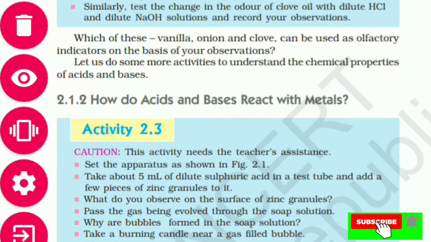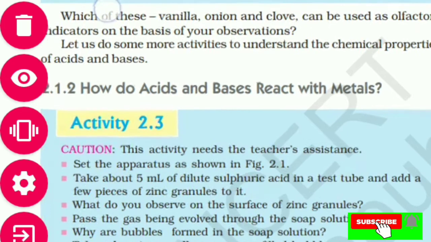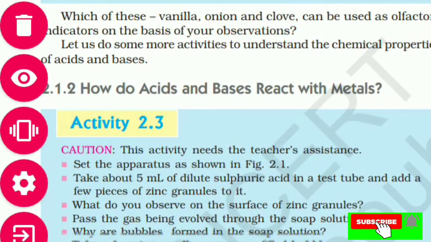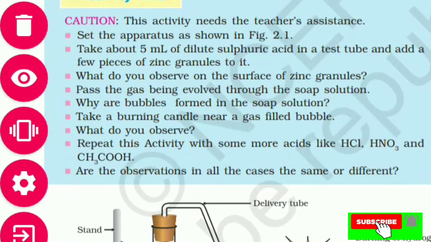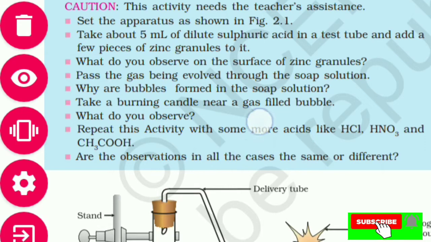Non-metals contain all those substances which do not conduct electricity and heat. The metals which conduct electricity and heat are called metals, and the materials which do not conduct heat and electricity are called non-metals. So here you can see how acids and bases react with metals. In this chapter we will look at how metals react with acids and bases. Through the activity it is made to help you understand.